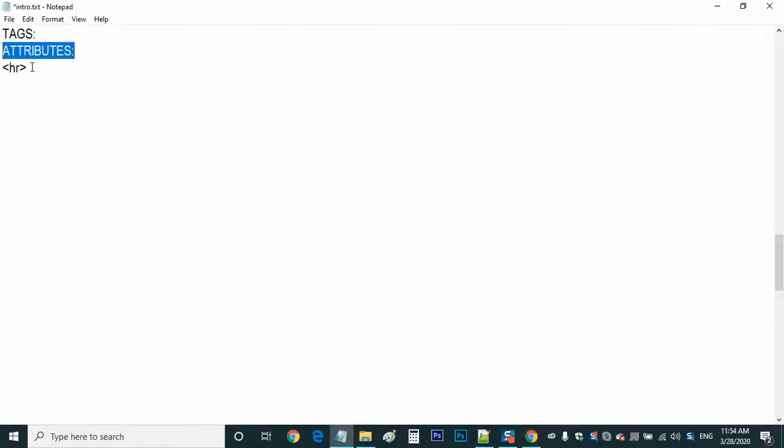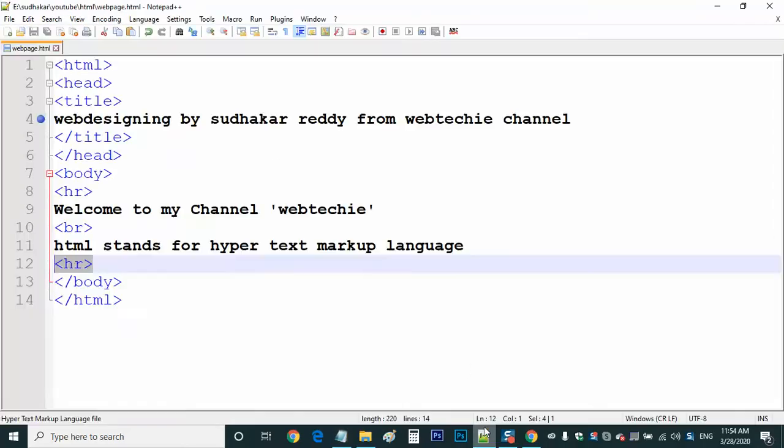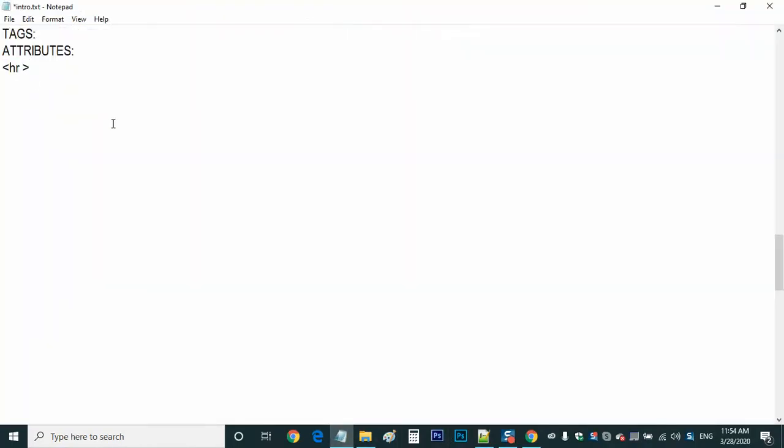So for attributes, what do we do? Where to write? This is a tag, right? Attributes should be added inside the tag, inside the opening tag. In fact, HR is an individual tag. For HR also there is no need of closing it, like the break tag. So inside the tag we can add all those attributes. There are many attributes for this HR.